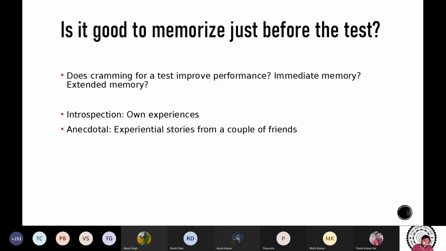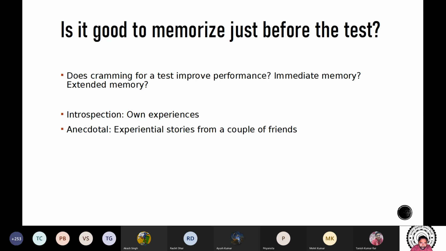Those who don't, they argue that eventually these are experiences that you hear from people, and experiences can be colored in more than one way. So I cannot really trust that as a source of information. Mohit, anecdotal means that